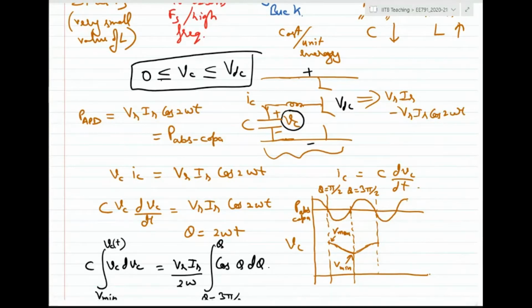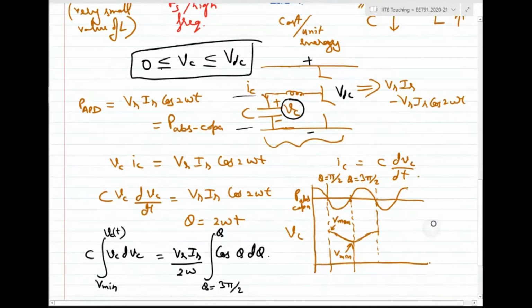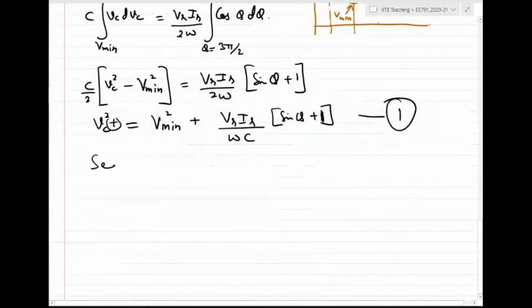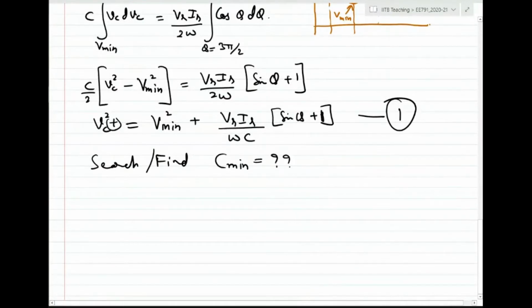So you can oscillate Vc from 0 till VDC, and again VDC to 0. That way you can utilize the energy of the capacitor completely, because there is no load connected across this capacitor terminal. So this capacitor oscillation can be very large. There is absolutely no issue. Now utilizing that, let us try to find what is the minimum value of C required to achieve active power decoupling.